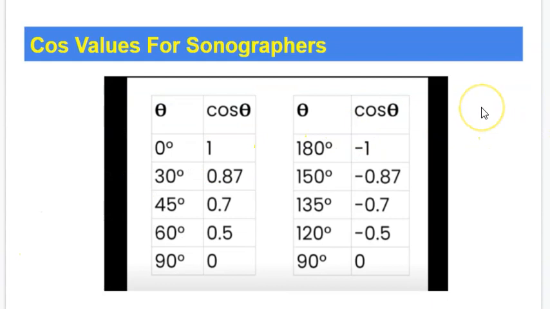We talked about cosine values that are important for us to know. Basically 1 and 180, opposite of each other, polar opposites. 30 degrees and 150 would be polar opposites of each other. The percentage here, this is 100%, right? This would be 87% of our true velocity, and that's okay to make an error to that point. Anything beyond that, though, is going to be counterintuitive for us. If we have a 70% error in measurement, that's really not helpful for us in detecting the true Doppler shift. And at 90 degrees, there is no Doppler shift. So we basically said 0,